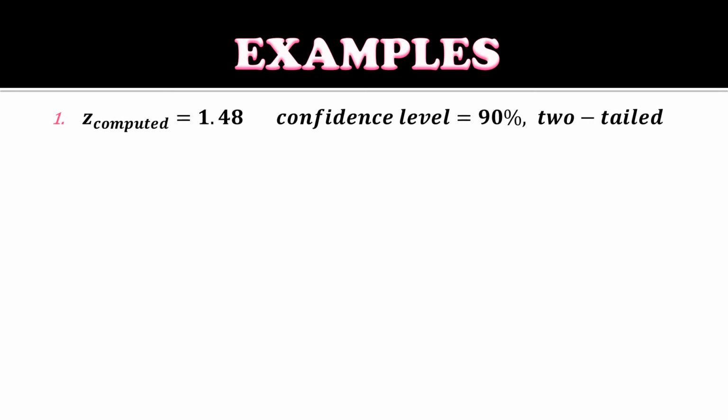For example, number 1, z computed equals 1.48. The confidence level is 90%. So let's say it's two-tailed. And then for number 2, z computed equals 1.83, alpha is 0.05, and one-tailed. So for number 1,